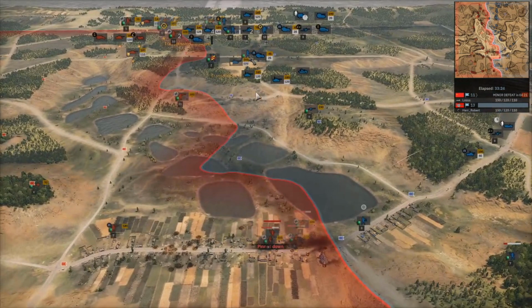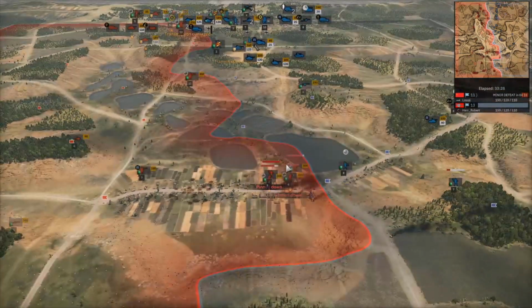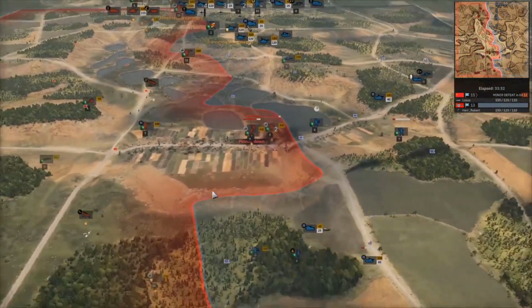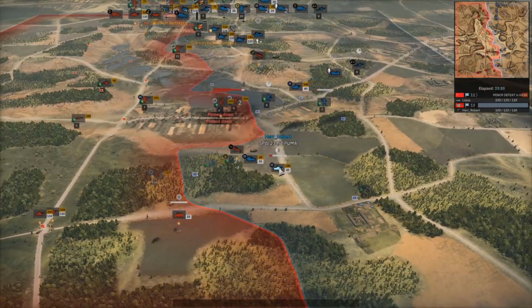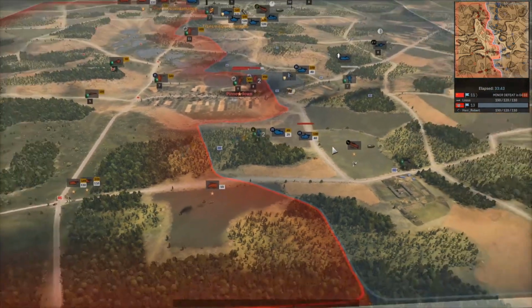So fire's now coming in from the Panther D in the north, and I just have a feeling these forces are going to get whittled down, and that entire push from Lossa is kind of all for nothing in a way. He is pushing forwards the half tracks. The Puma is having pot shots at them,